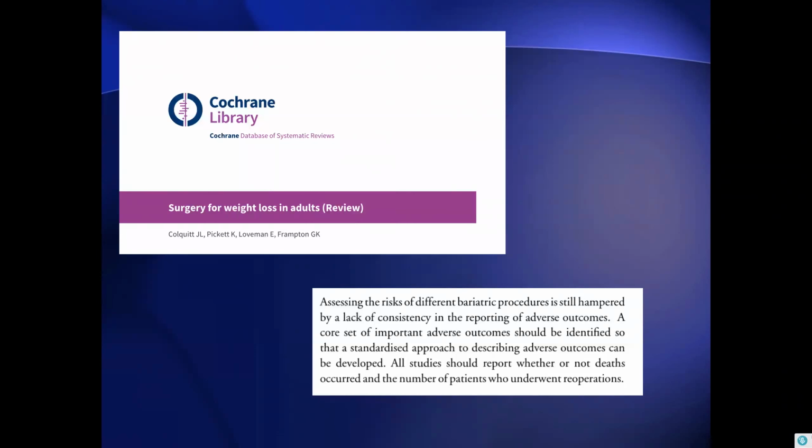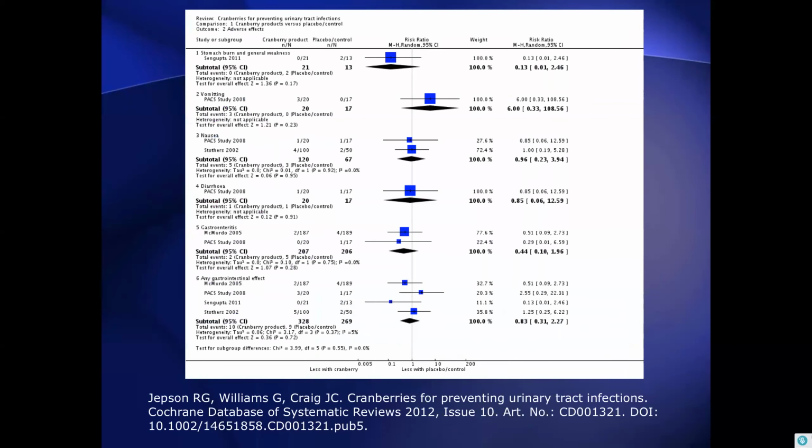So let me give you an example of this particular issue around adverse events. This is a forest plot from a Cochrane systematic review, in a field of work they've been doing with Professor Andrew Murphy, around, for example, prevention of urinary tract infection. This is a review that's quite amenable to the public, looking at the effectiveness of cranberries for preventing urinary tract infections. And when the authors looked at adverse effects, you'll see the wide number of outcomes that were identified across the different studies